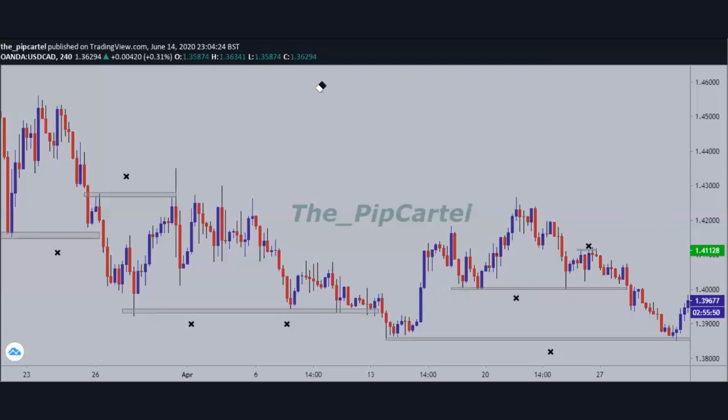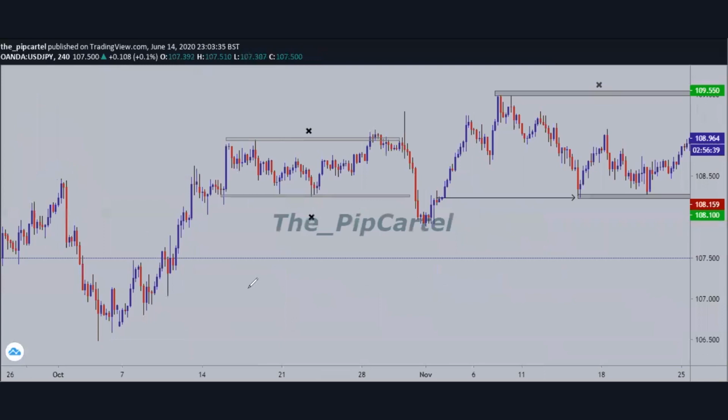Okay, I still have another example right here. This is USD JPY for our time frame. This is also a rectangle pattern, and you can see price came into this level, formed the rectangle pattern, and now we could see people were most likely going to be selling at this level